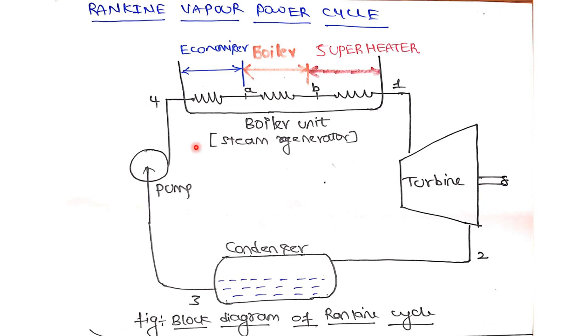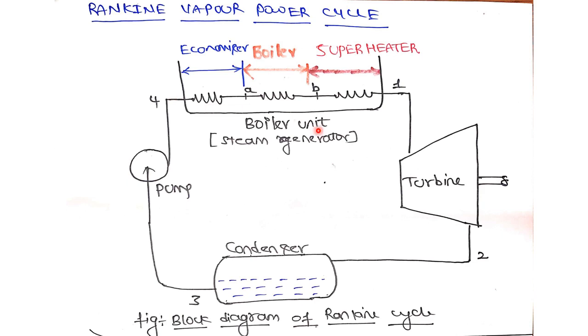In this particular Rankine cycle, the major difference if you observe the Carnot cycle and Rankine cycle, you'll be observing this thing. There would be a compressor in the case of the Carnot cycle. Here it is only a pump, because the pumping is not much required in the Rankine cycle, but the pumping action or increasing the pressure is very much required in the case of a Carnot cycle. We shall see when it goes.